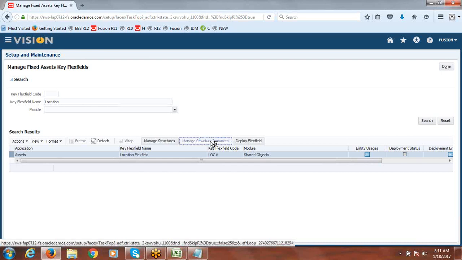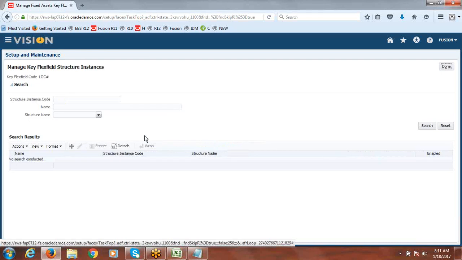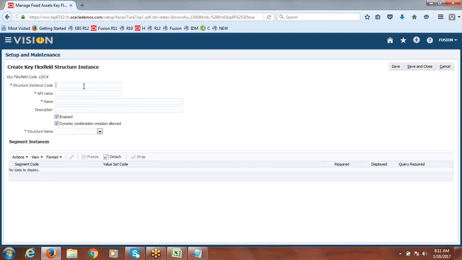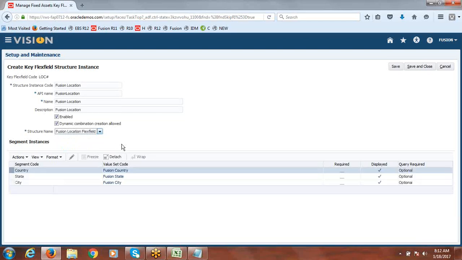Create instance against the structure. I'll give the name as Fusion location. Fusion location flex field.